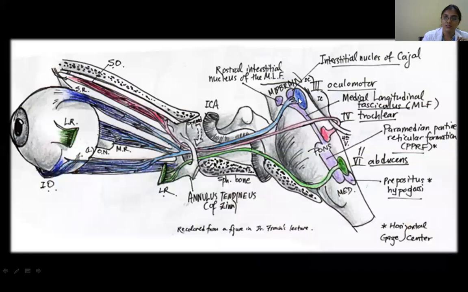Here is the medial longitudinal fasciculus. Here, this is the brainstem. Now we're just putting them all together. You can see the brainstem part here, and the inferior colliculi, with cranial nerve 4 coming out. This is 3. This is 6. This is the intracranial course, and once they come out, this is the extracranial course. So within the CNS, then exiting out, the intracranial course is in the cranial cavity, and here they're related to the cavernous sinus. Then the exit, this is the orbit part, the extracranial course. And you can see how they're innervating the various muscles.